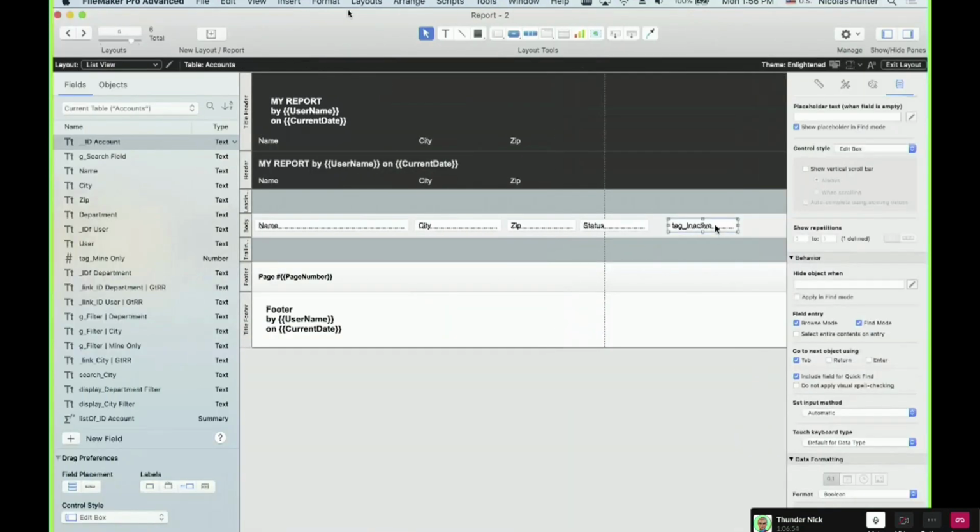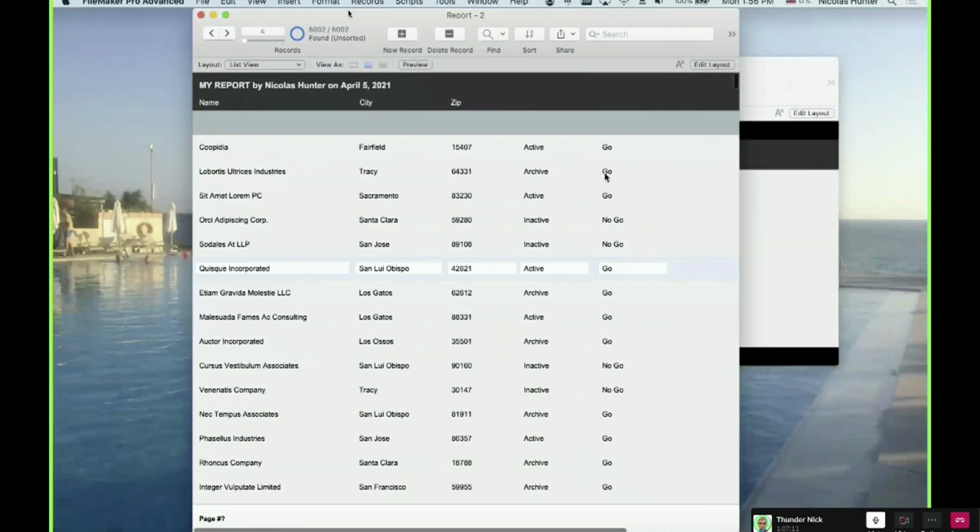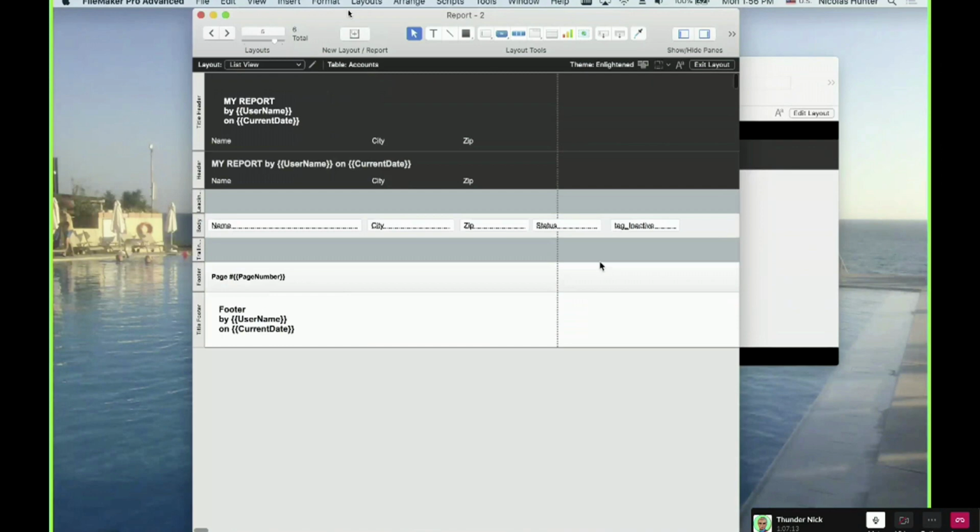This is only showing, like the date is a formatting, right? And then you can put something else here. Instead of yes, no, you can say call, no call. You can say go, no go. For example, no go, and then here go. So you can do this, go, no go. So you can play with this.